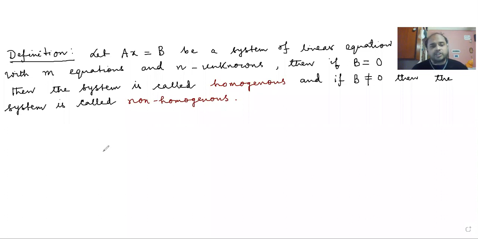So here goes your definition of two different types of systems, one of which is called homogeneous and another is